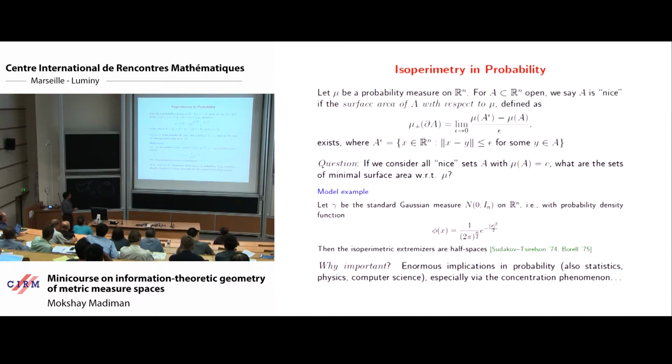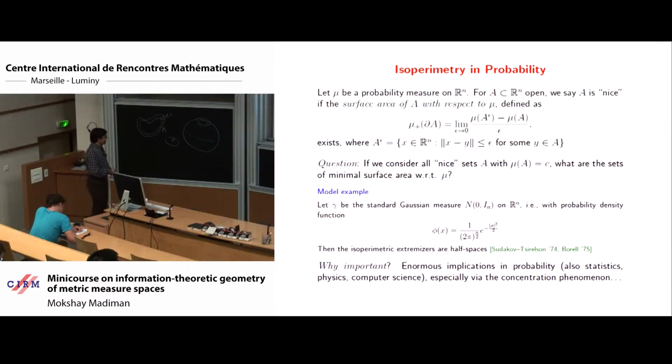If gamma is the standard Gaussian measure on Rn, so the Gaussian measure with mean zero and covariance matrix, which is the identity, that has this probability density function, right? Then the isoperimetric extremizers are half spaces. So this was proved by Sudakov and Tsirelson and independently by Borell. What does this mean? It means that